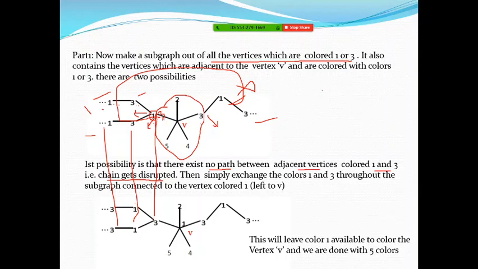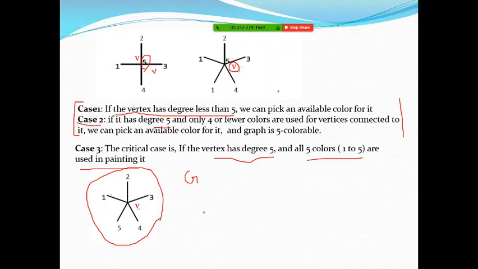But if you have used this combination 3 1 1 3, that means now one color is available. So this vertex V is adjacent to 3 on this side and adjacent to 3 on this side. So 3 and 3. That means this color number 1 is available for coloring this vertex V. So yes, we can color this vertex with this color 1. So again 5 colors are used. That means in this case, case number 2, it was already colorable with 5.